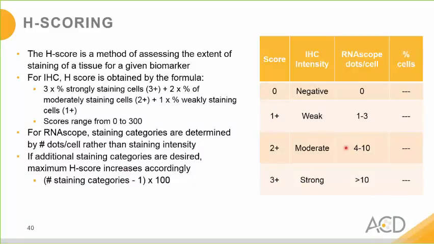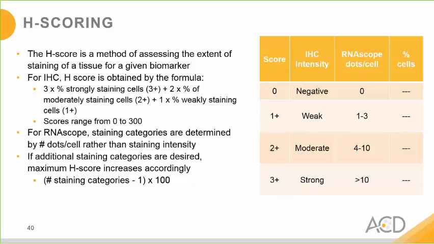So, moving on to H scoring. As for IHC, H scoring is also compatible with RNAscope. For those of you who are not familiar with H scoring, it's basically a method of assessing the extent of staining for a given biomarker in a tissue, incorporating both staining intensity as well as the percentage of cells with given staining intensities. So for IHC, the H score is obtained by the formula,